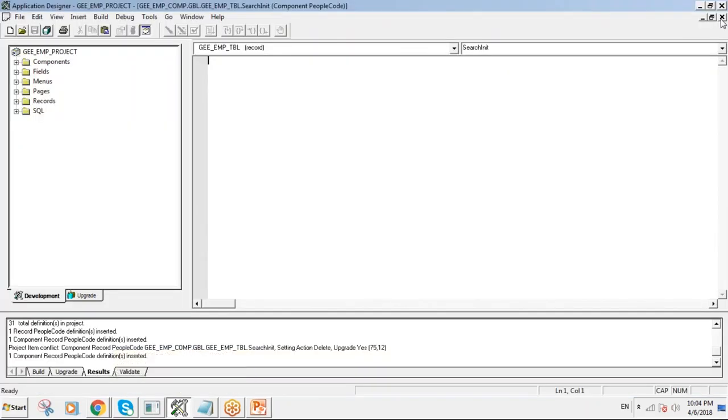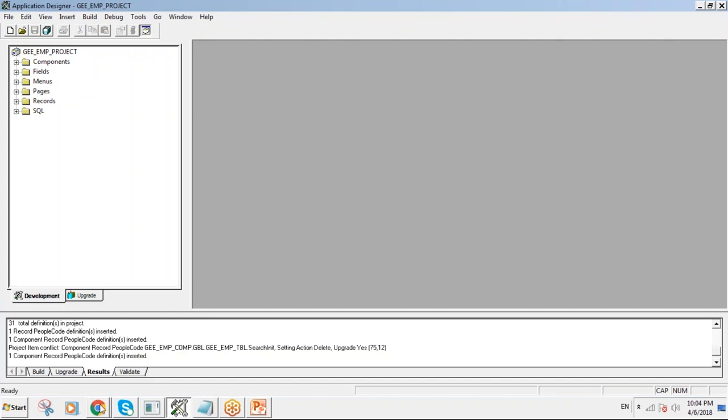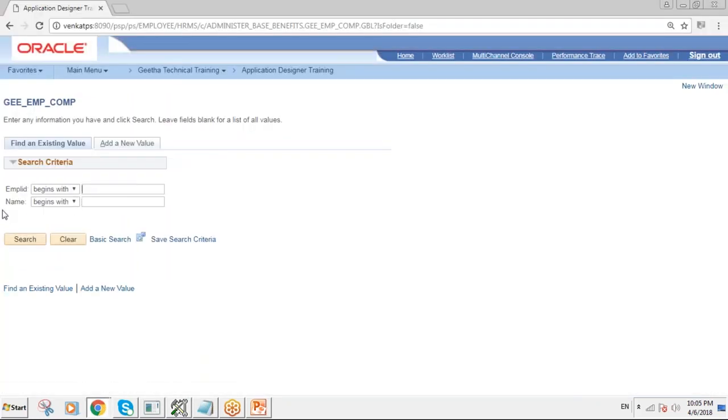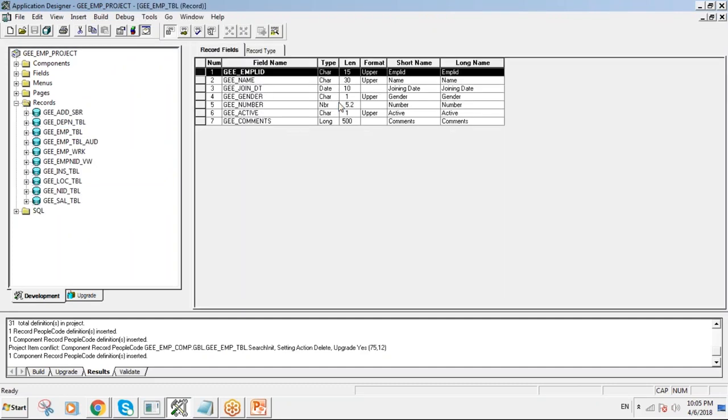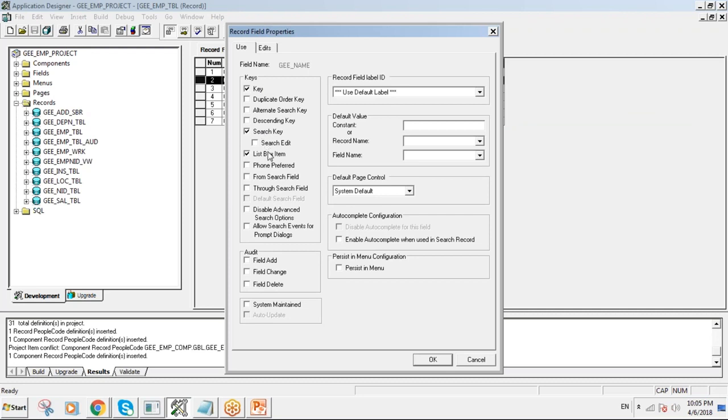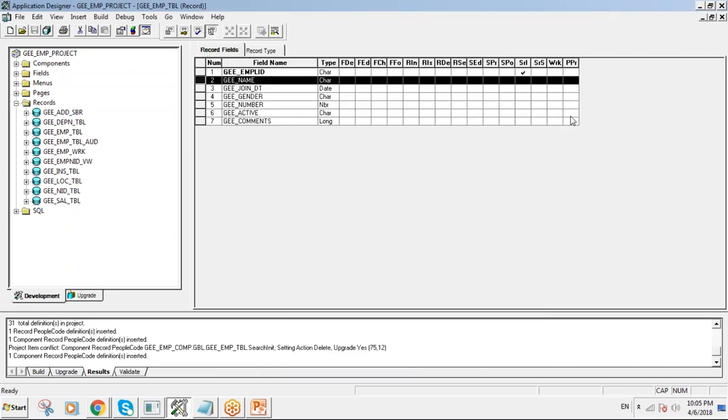Now, what would I like to do? I would like to hide my employee name field from the search. There are 2 options. You can go to the record field level, double click the name and uncheck the search key. But what will happen? If you do it like this, it is applicable in all areas wherever you use this record field. In all the components, in all other areas also, the search key will be removed. That's why